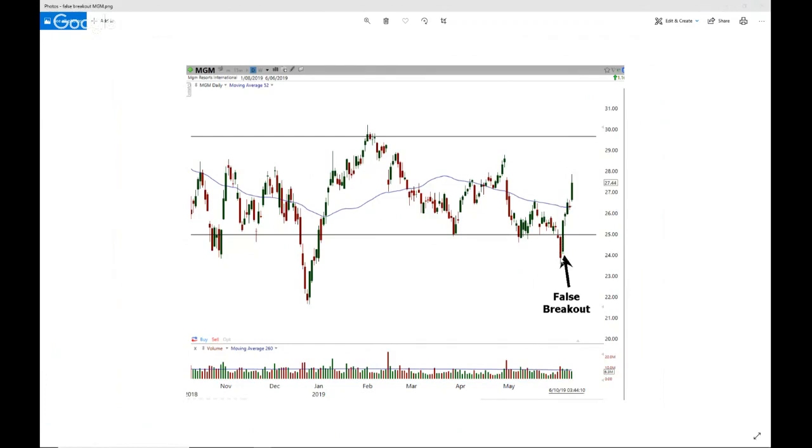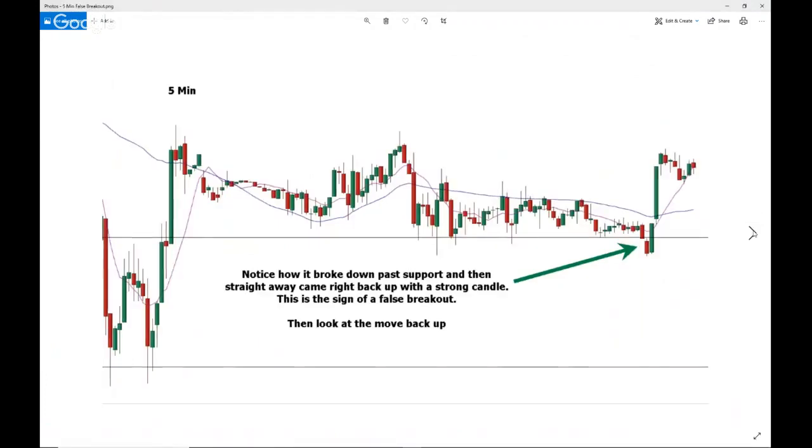So if you were short on this breakout to the downside and you saw that the next day, that would tell you that not only should you be out straight away, but this is now likely to be a false breakout. And when you get a false breakout, it's more of an end of trend move, and then that continues. Here is another false breakout. This was on a 5-minute, I think this was a Forex chart. Notice how it broke past the low. So it had all this support, broke past support, and then straight away came right back up again. What is this candle right here? We broke past support, which is now, okay, we're now likely to go down. And then the very next candle came straight back up again.